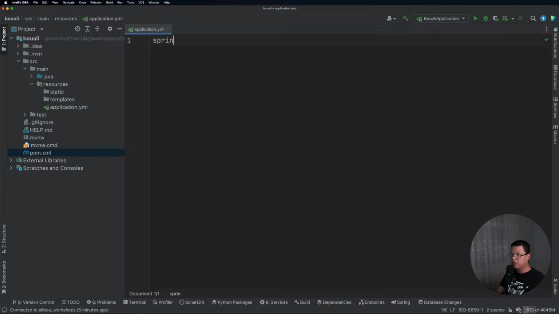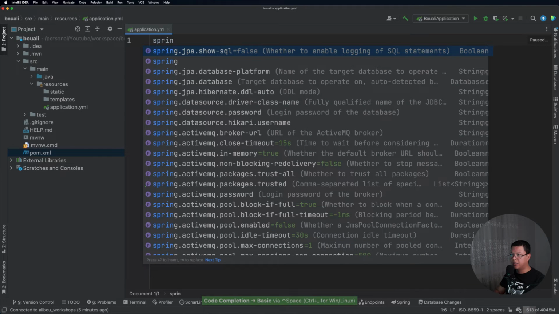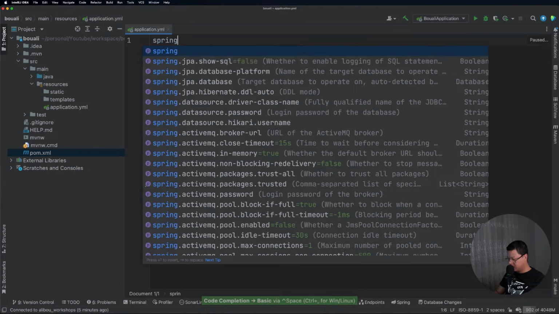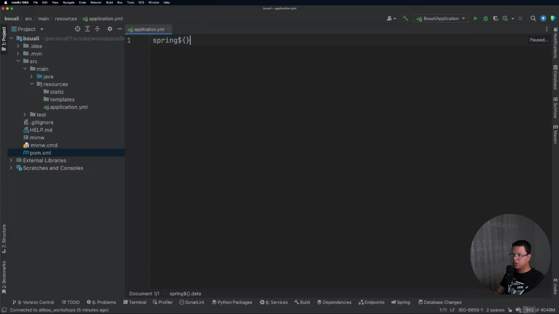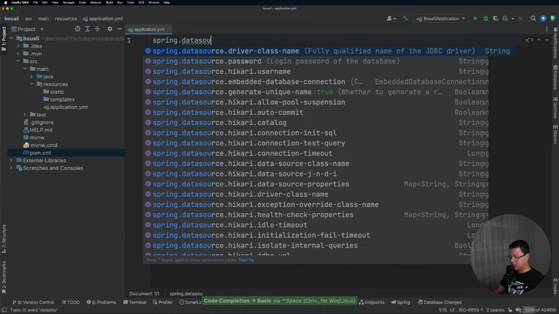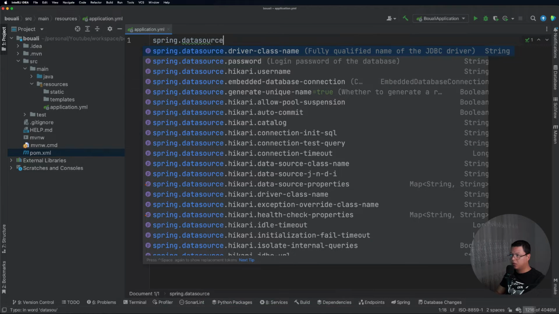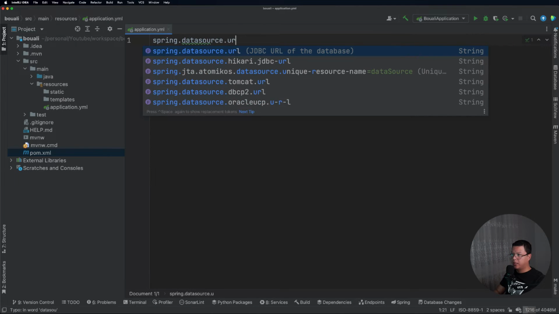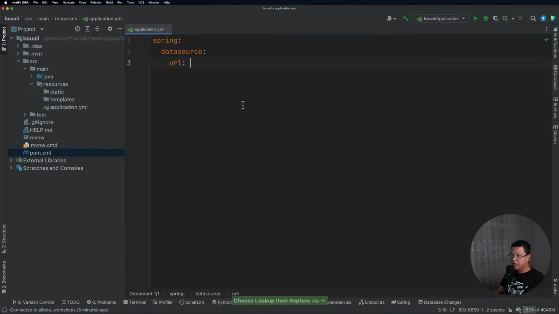So here what we need to provide is spring dot data source dot URL, the first one, and as you can see, when you choose it, it's automatically formatted to the YAML representation.